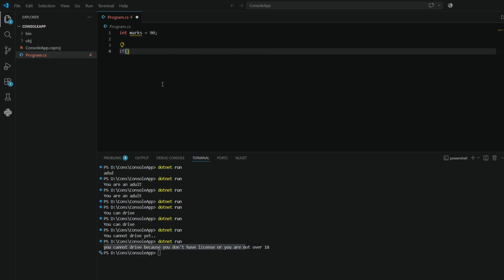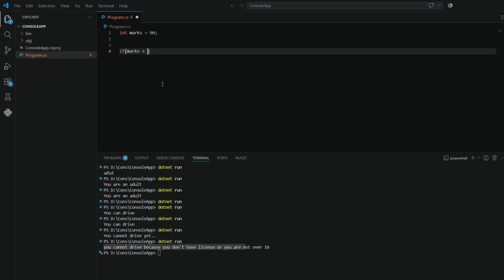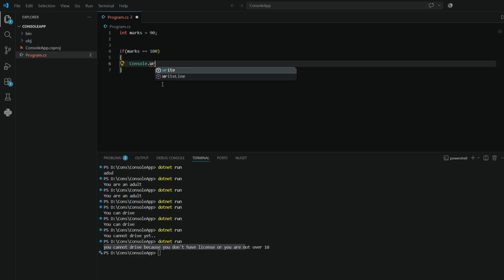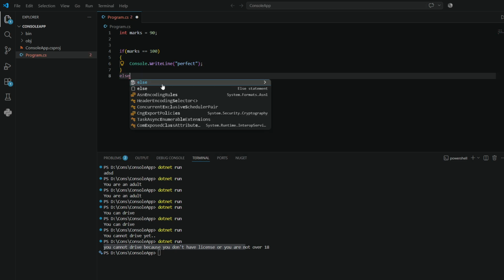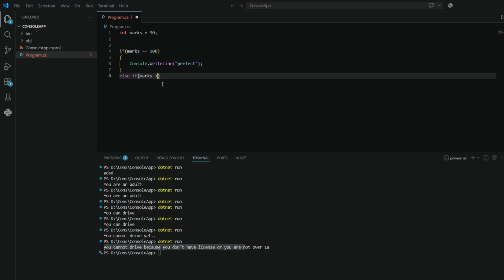And if marks greater than or equal 100, console.WriteLine perfect. Else if marks greater than or equal 50,